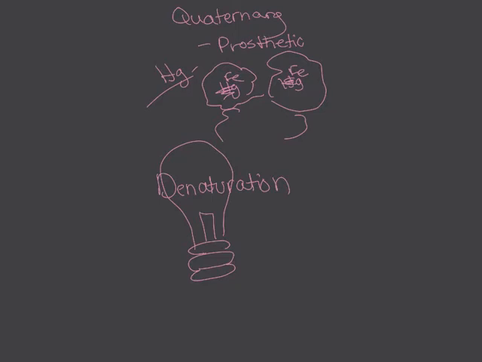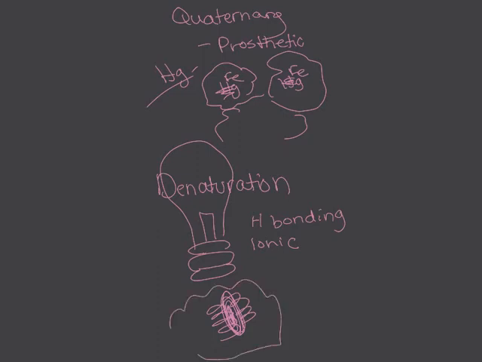So let's go through that. You're going to have hydrogen bonding. That's the most common, and that's going to be between the R groups. You're also going to have some ionic bonding between the R groups, as well as hydrophobic interactions, which means if we've got some twisting going on here and here, and these two areas are both hydrophobic, and you put them in a water environment, they're going to attract to each other and be folded in such a way that they're not going to be facing out towards the water. So those are called hydrophobic,